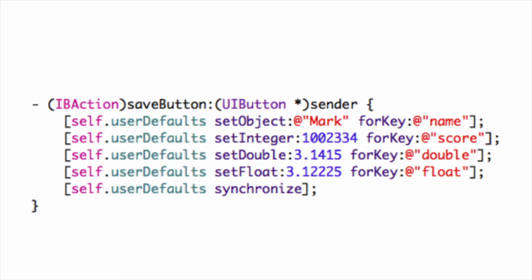Once I've got the user defaults object, I can use it to store primitives and to store objects. And as you can see, I can use setObject to store an object, setInteger, setDouble, setFloat, and each object is referenced by a key, which is an NSString which we can use to refer to the object. What's very important though is we must call the synchronize method, otherwise the changes won't be persisted back